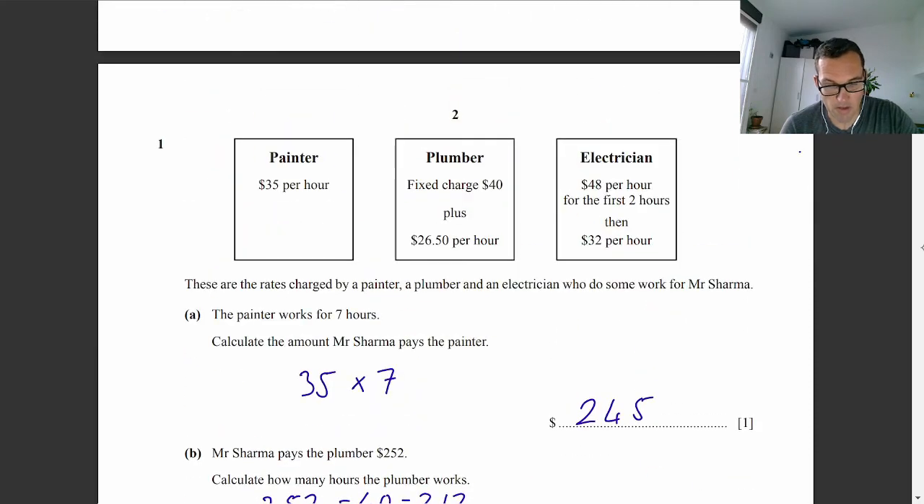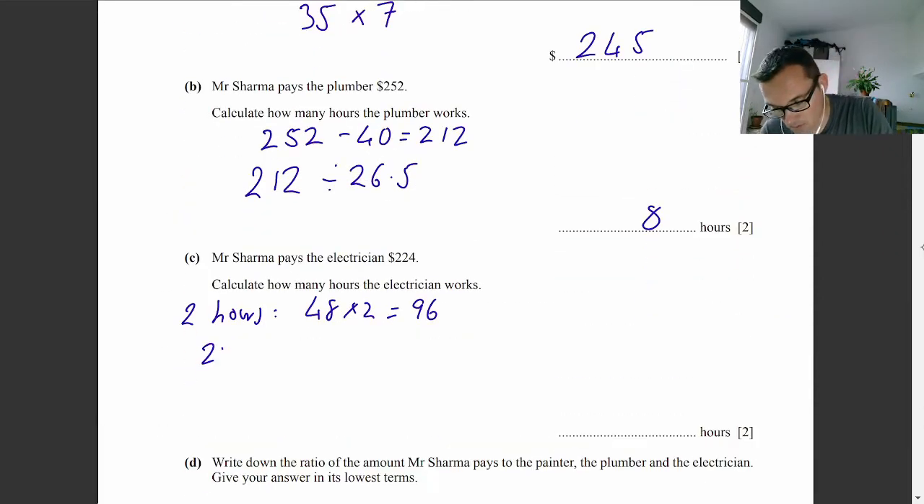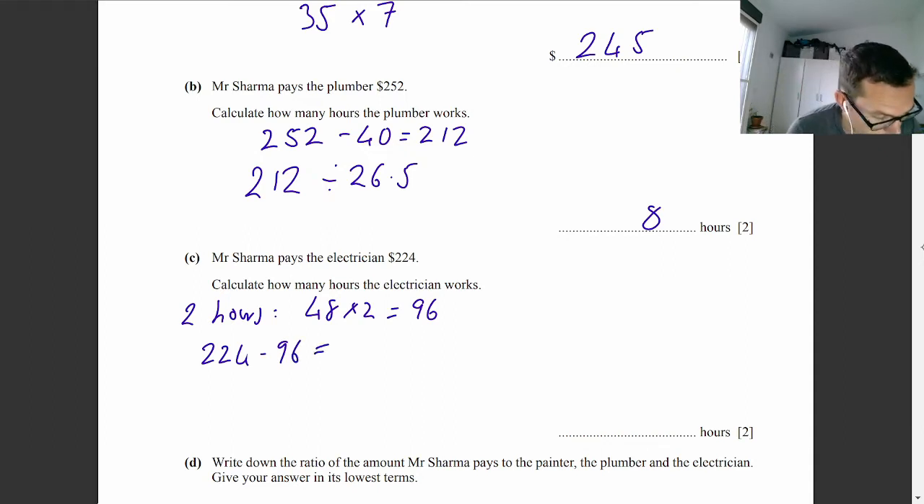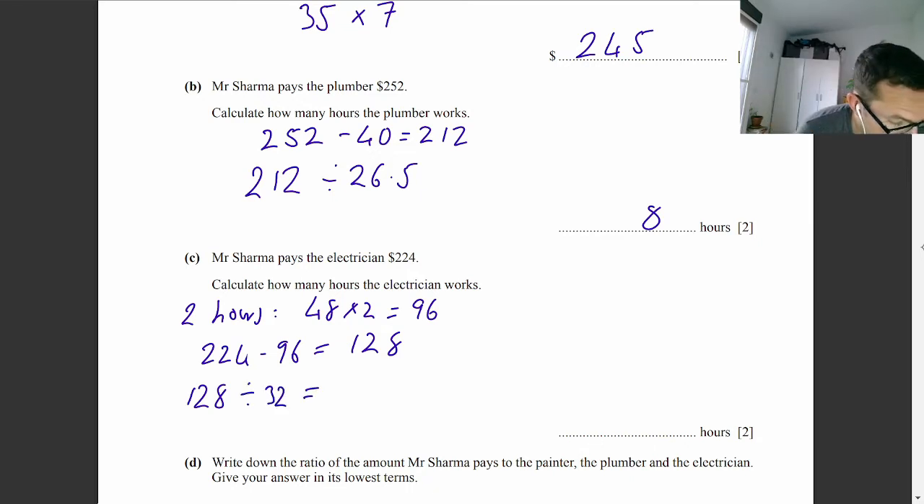From then on, he was paid $32 per hour. So first we need to subtract that amount, 96 from 224. Okay, it's 128. And from here on, he was charged $32. So to get the next amount of hours, we need to divide it by 32. So 128 divided by 32, that's another 4 hours worth of work. So in total, the first 2 hours plus the next 4 hours will